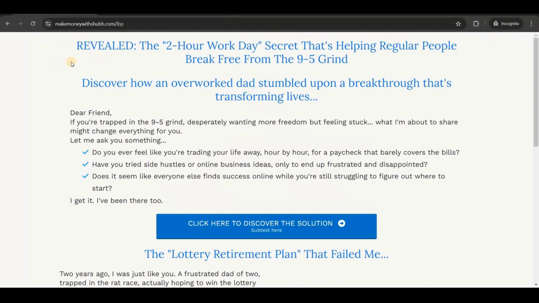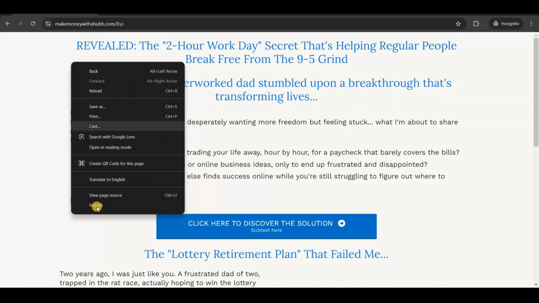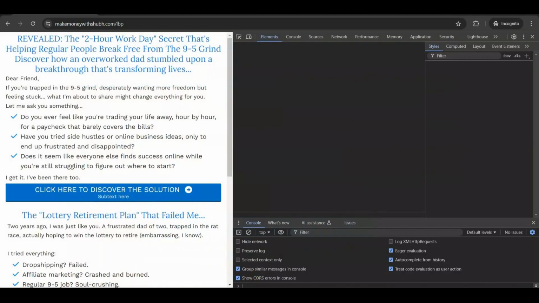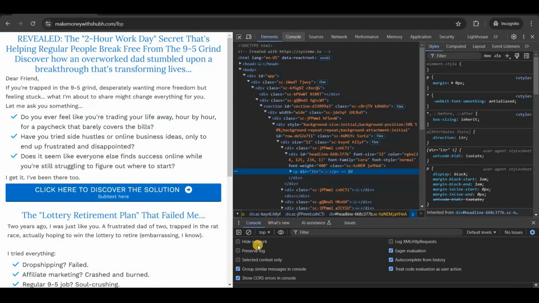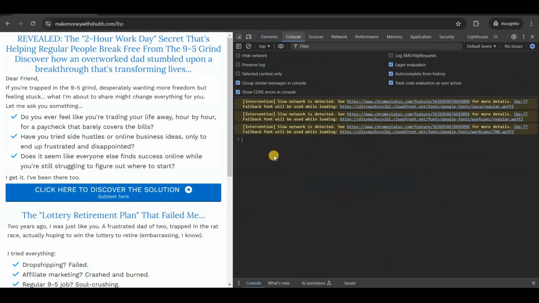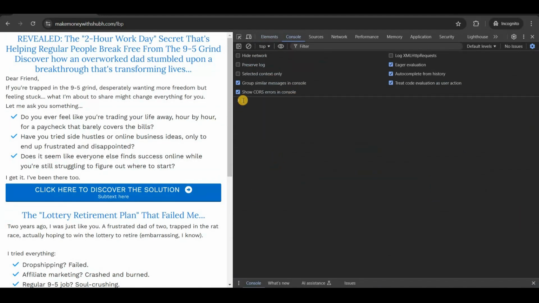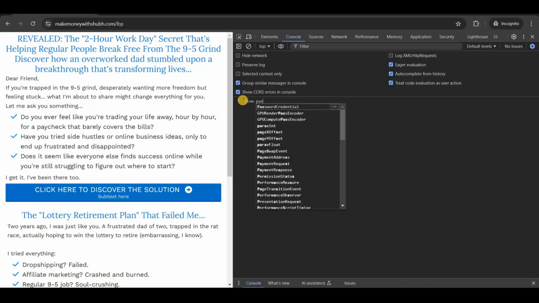Then what you have to do is right-click anywhere on the page like this. After right-clicking, click on inspect. After clicking inspect, you have to go to console. As you can see, on the top you have console, and below as well you have console. So let me click on the console here. I'll clear it, right? If you're using this console for the first time, then you have to write here "allow pasting",